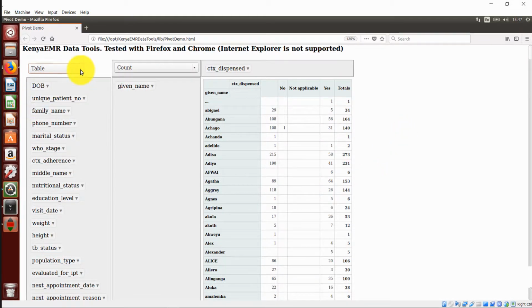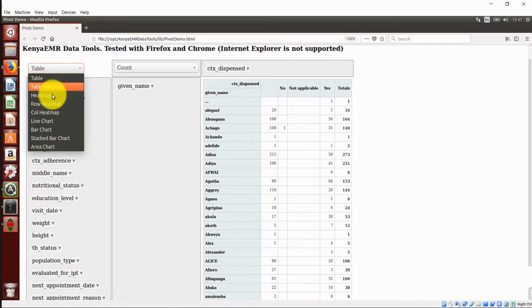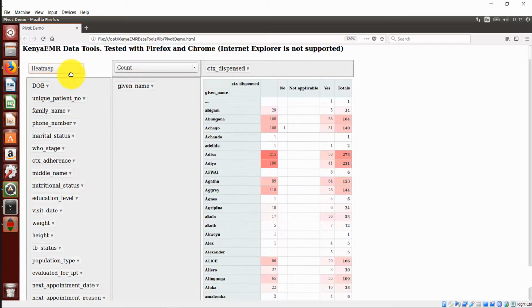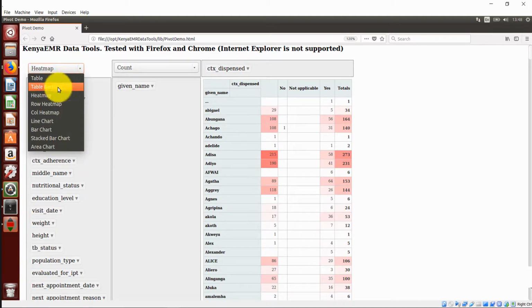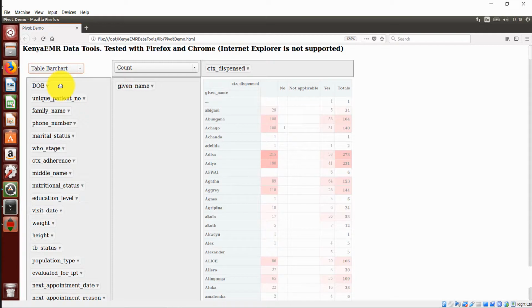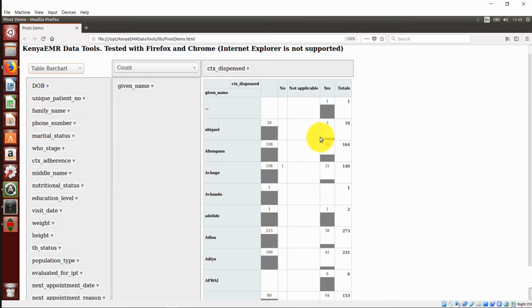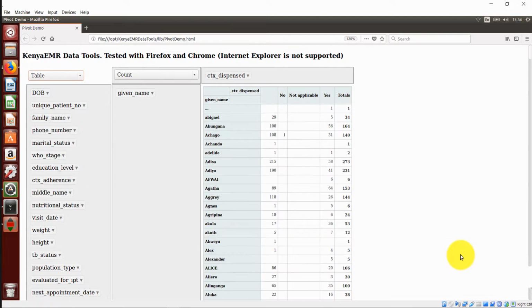Then this data can still be visualized using a bar chart. Sorry, I've selected heat maps. Basically the extremes. Heat maps, we'll pick the extreme values. Bar charts do not make a lot of sense because of the huge numbers. So actually pick on what will make a lot of sense, analytical sense. Keep in mind that the basic principles of statistics apply. Choose a method of data presentation suitable to your dataset.